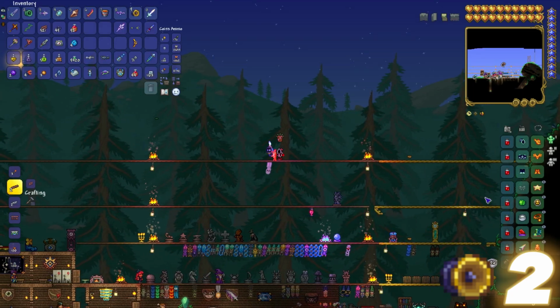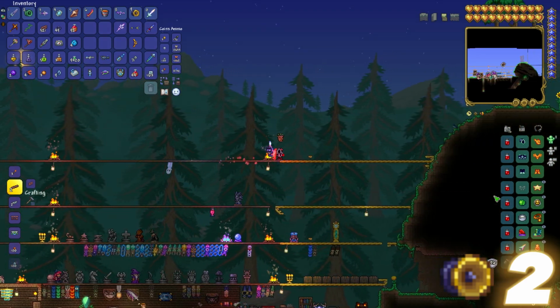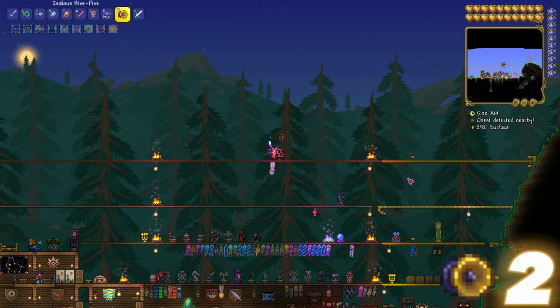With the right setup you can take the Wall of Flesh pretty easily. Go get yourself some Molten Armor, and yeah, I think the fight is good and you should take her out easily. Get the right accessories for that, and yeah,